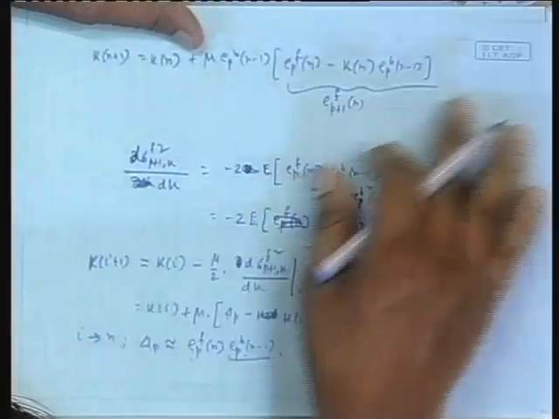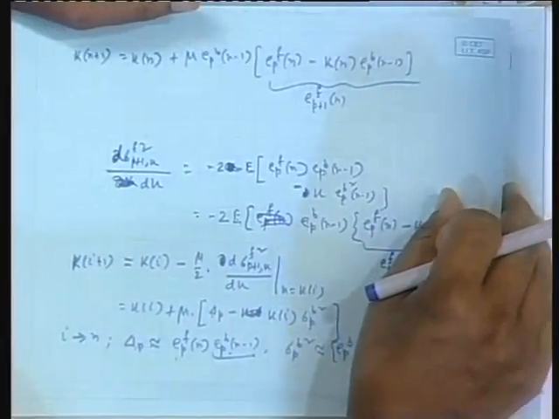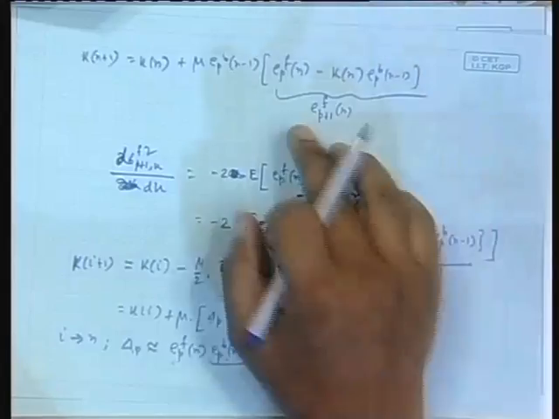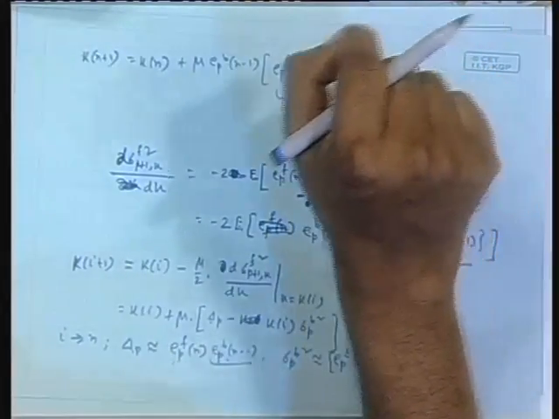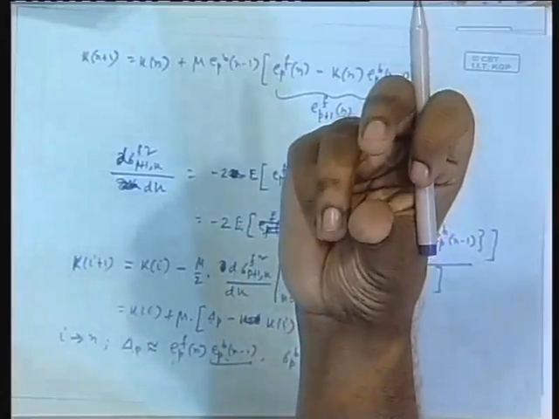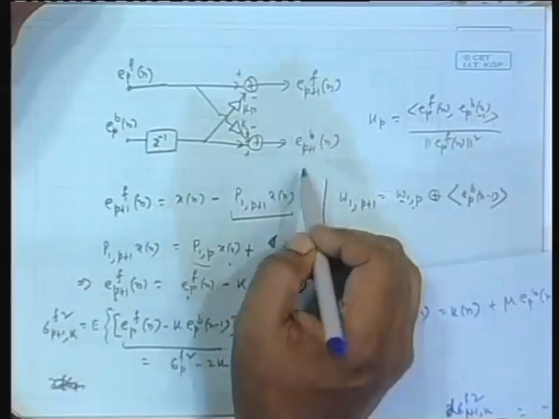But up till now, the problem is it will converge to some value, but what is that value? Convergence will be in mean. It is not that it will finally converge exactly on the optimal one. There is a convergence in mean. Around the mean, it will be oscillating, and then you have to see how much the variance is. The variance has to be suppressed by clever choice of mu and all that, as we did in the LMS case. Now, suppose I do the similar analysis, but with this guy.